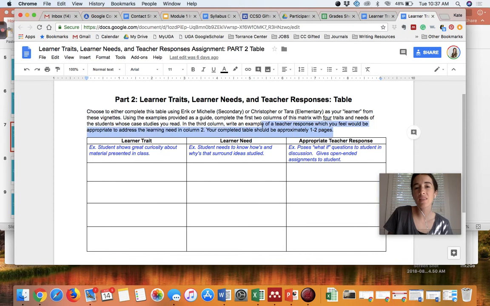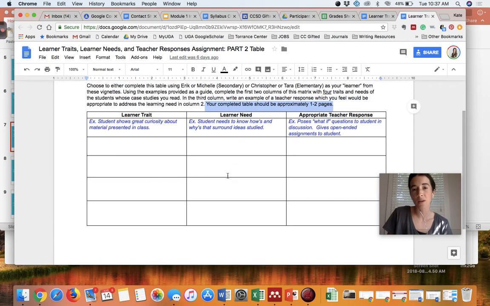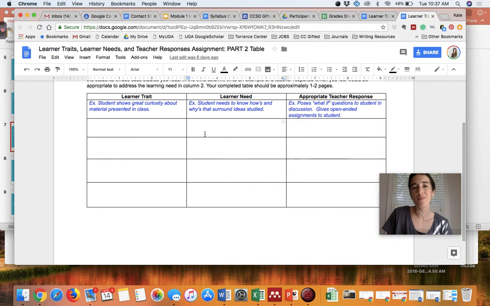It may be that this table is approximately 1 to 2 pages. All of my ELA teachers are really lovely writers, and they just write beautifully and can magically produce paragraphs. And then the science and math teachers were a little bit shorter in nature. So any way that you choose to respond is good. Just make sure that whatever you are submitting to me reflects your professionalism as a teacher. You don't have to write me 5 pages, but do show me that you're putting in some effort and starting to make connections to what you're learning.